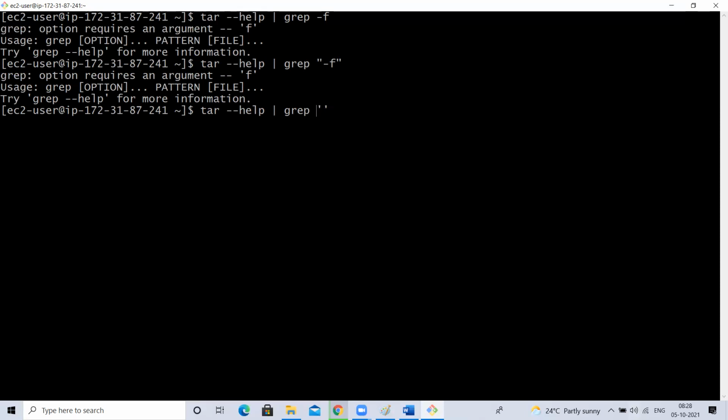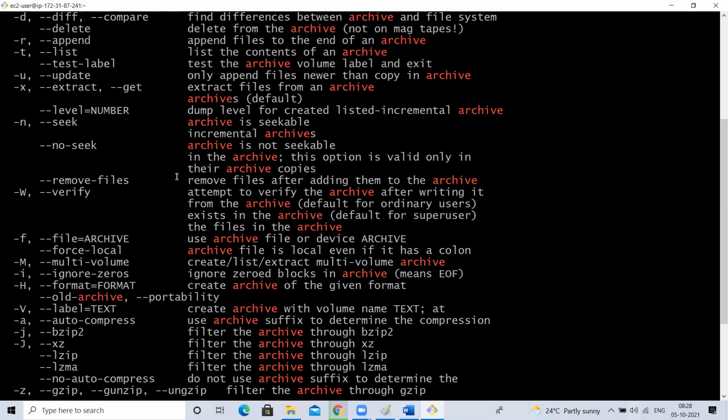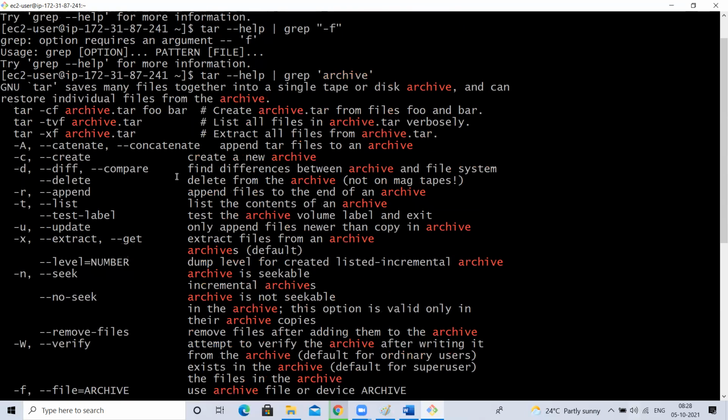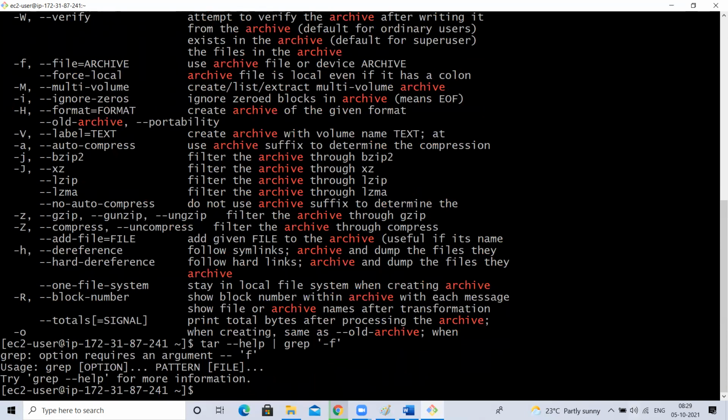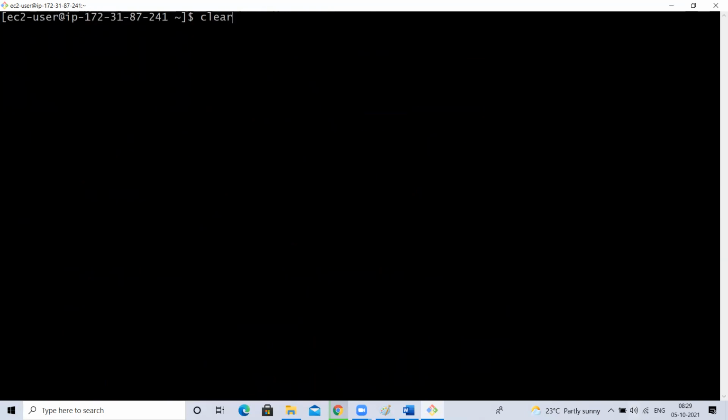Just a second. Wherever I search for archive, it is giving results like this, but the hyphen f special symbol it is not taking. It is just treating minus f as an option.